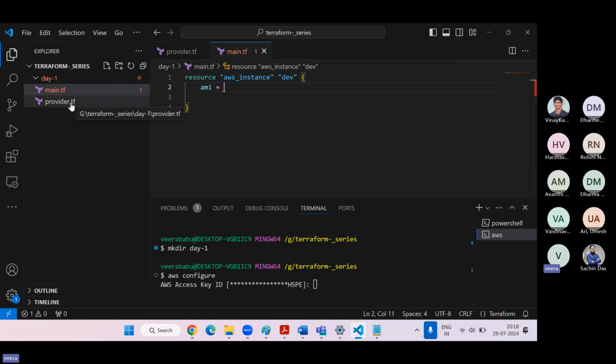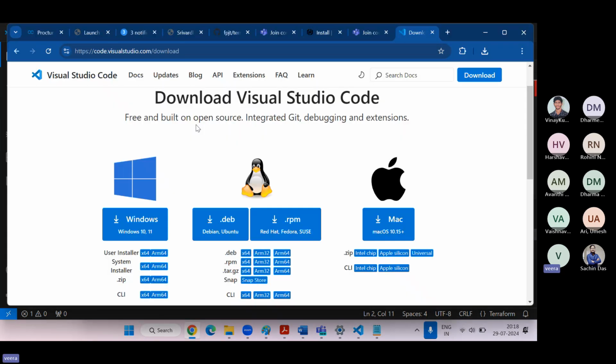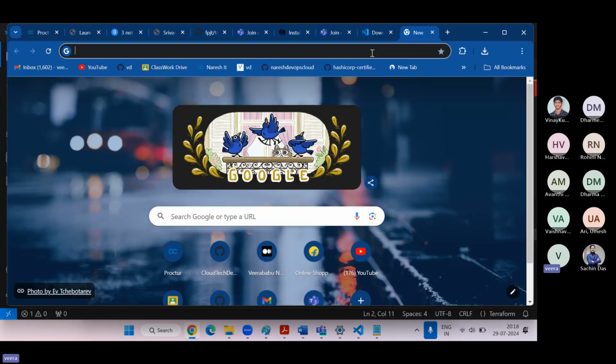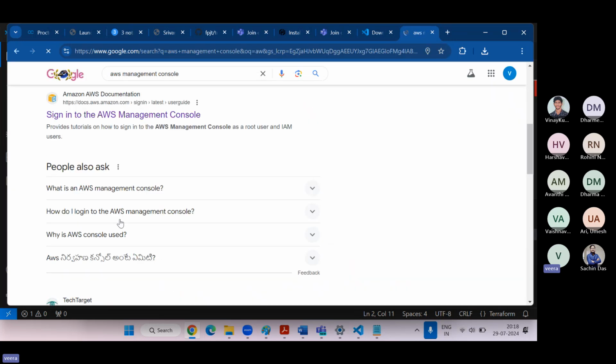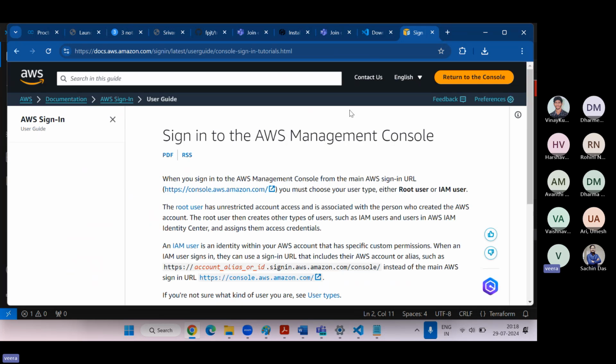If you configured AP South 1 in .aws at the access key and secret key configuration time, which is the Mumbai region, you have to take a Mumbai region AMI only. Otherwise, it will throw an error that the AMI is not found. My configuration is AP South 1 only, so that's what I'm taking here. AP South 1, AMI ID.